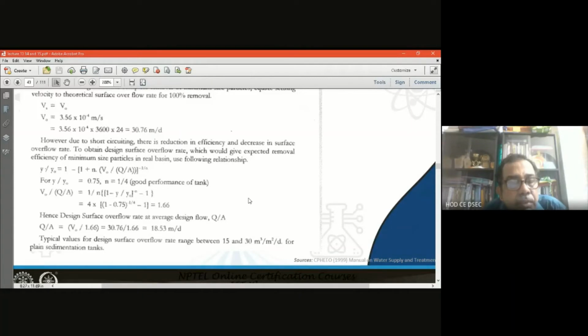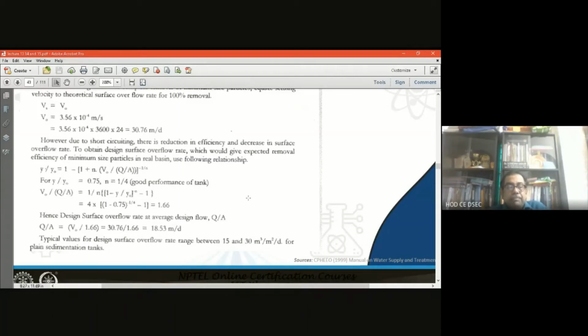Y by y0 means efficiency 0.75, 75% is given. For good performance of the tank, n value is given 0.25, that is 1 by 4. So we can find out V0 by Q by A. Now what is Q by A? Q by A is nothing but the design surface overflow rate at average design flow. So Q by A is V0 by 1.66, that is